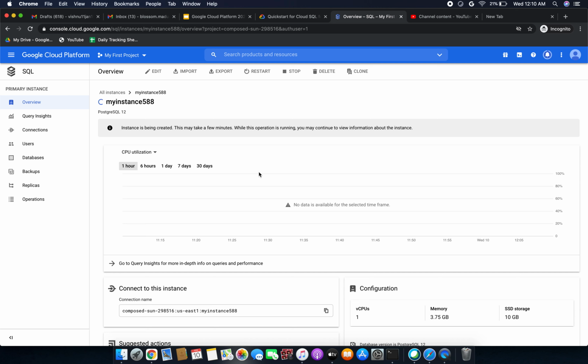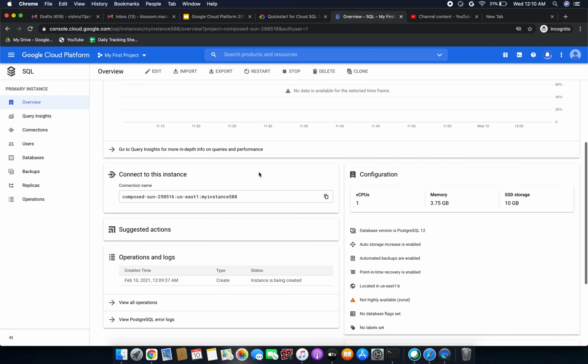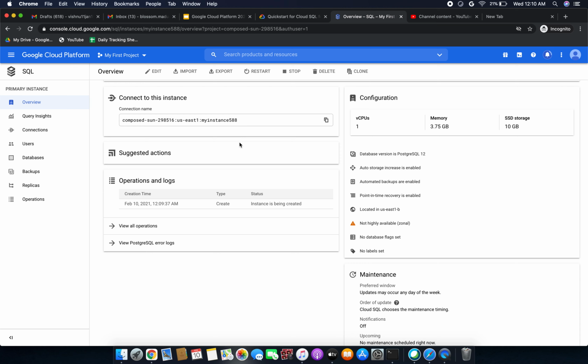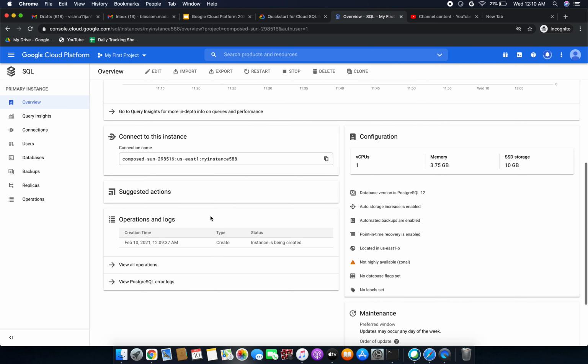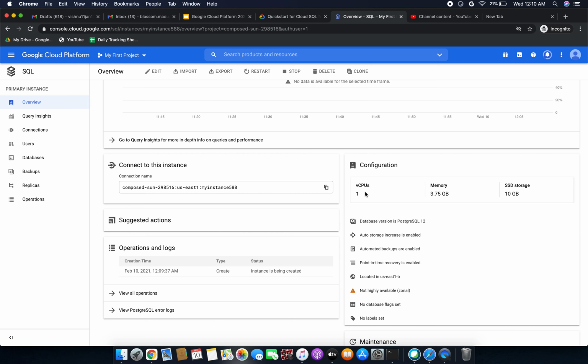While this operation is running, you may continue to view information about the instance. Here you can see the CPU utilization and connect to this instance. We can see the connection name here, and here you can see the operations and logs, and here we can see the configuration.